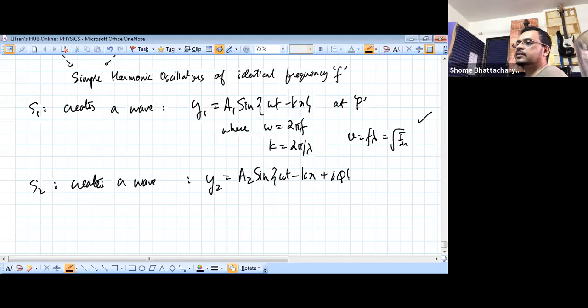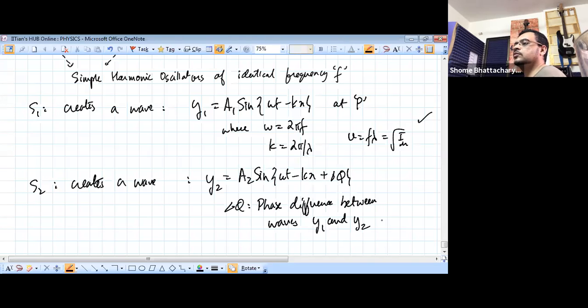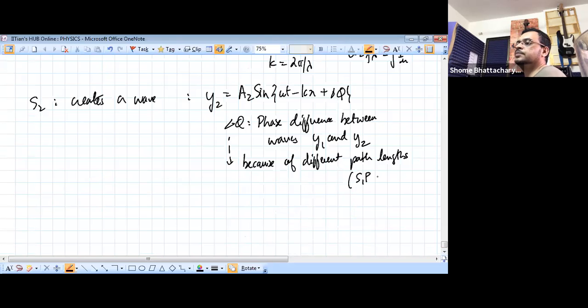That phase difference we call delta phi, where delta phi is the phase difference between waves y1 and y2. Now that phase difference may be because of different path lengths. That is, S1P is not equal to S2P. The distance from S1 to the point P is not equal to the distance from S2 to the general point P. Or time difference,